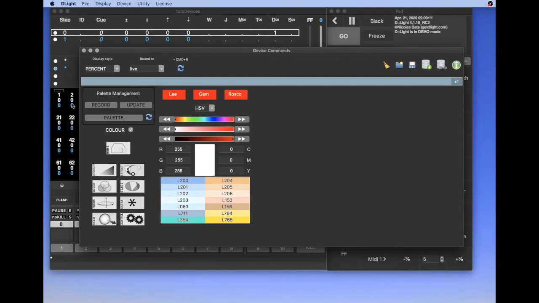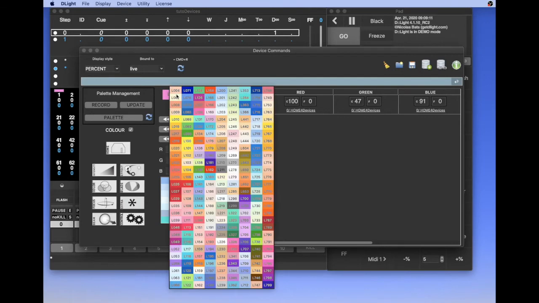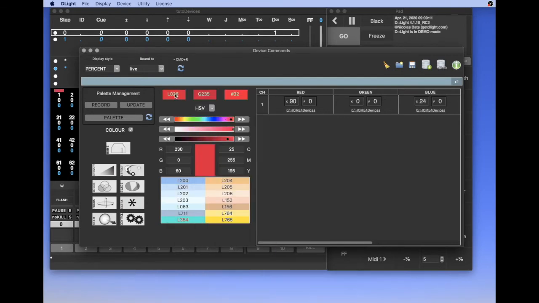My device is number 1, so I type 1 and C, like channel. I can use a color picker to set up my color. In the main window, the little square above the number shows you the state of the device. I can also use the Lee Gel color and Rosco pickers.